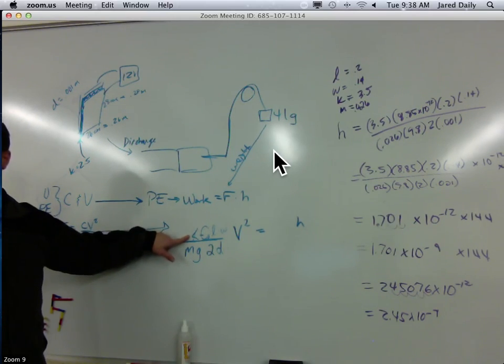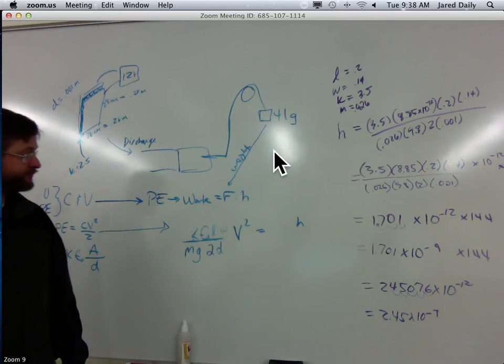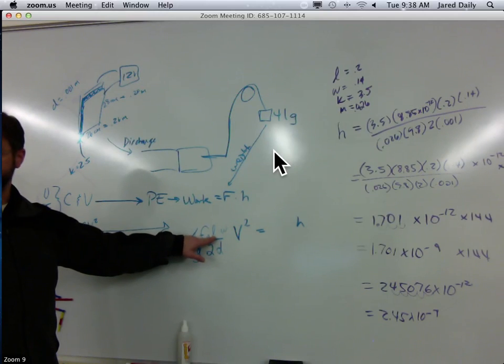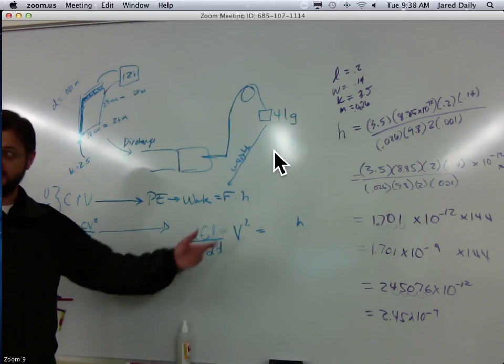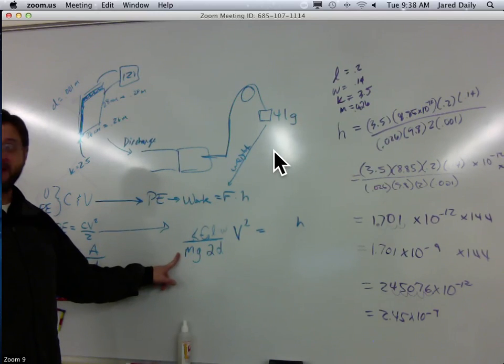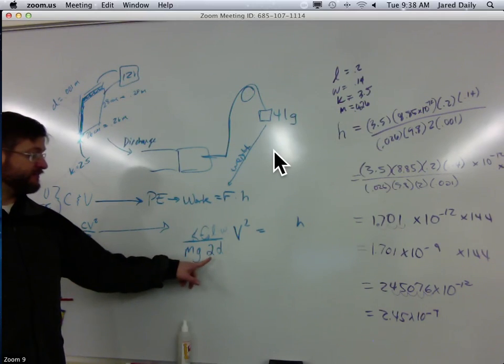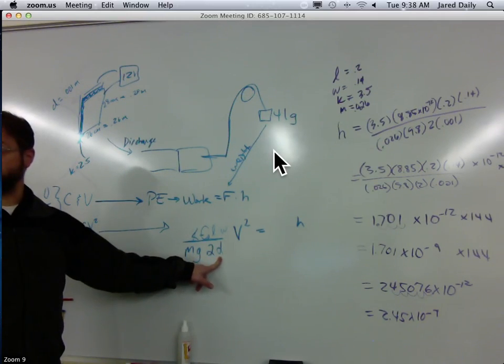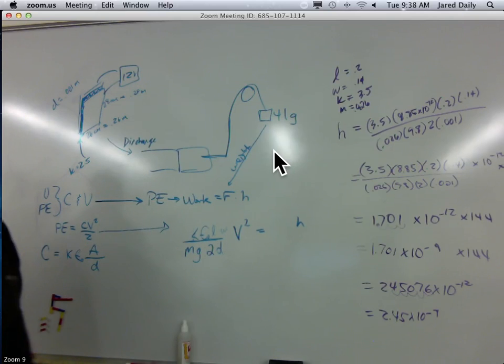dielectric constant. So if the dielectric constant increases, then H increases, right? If the length increases or the width increases, in other words, if the area increases, then this thing gets bigger. If the mass gets smaller, it can go higher. Is that an option? No. If the distance between the plates gets smaller, not an option. Or then the last thing is the voltage, and if the voltage gets bigger, so